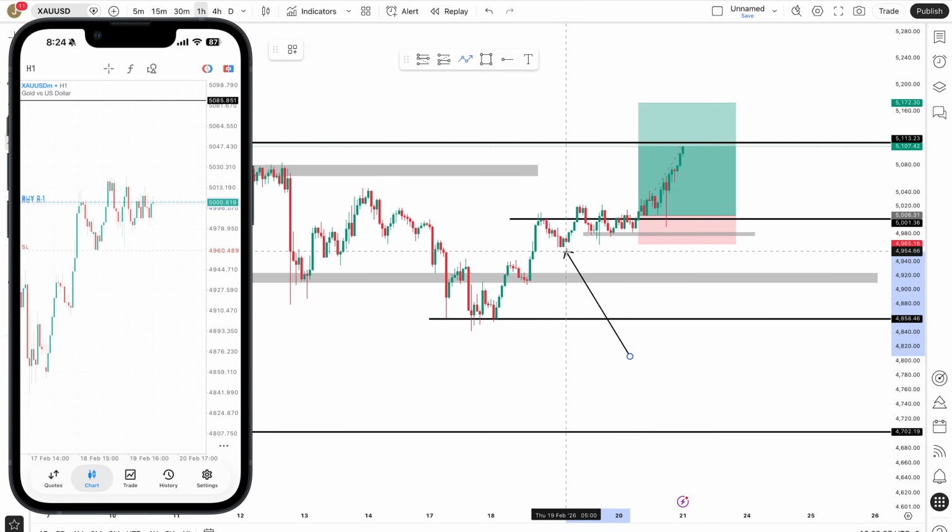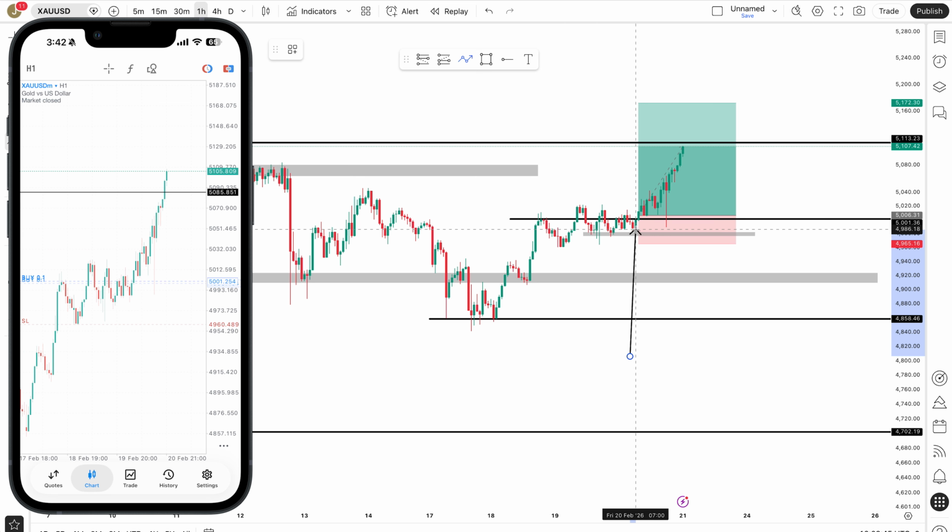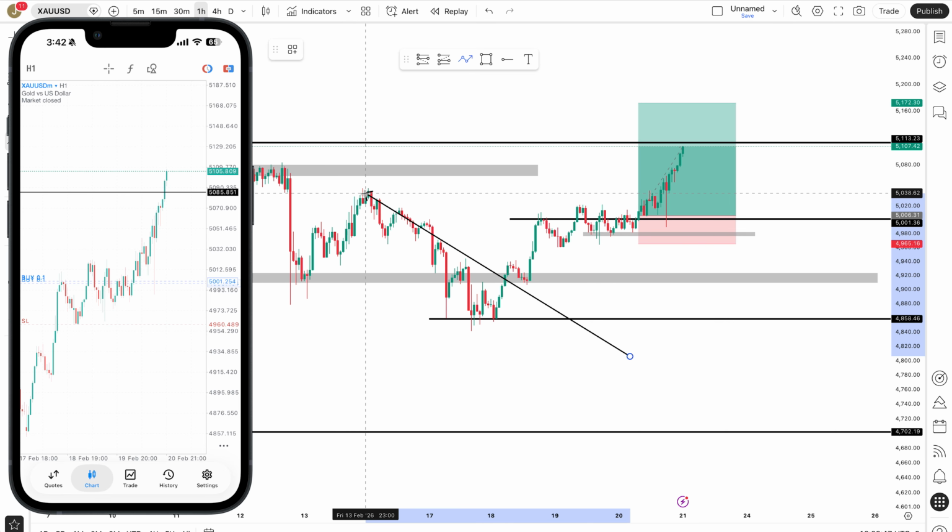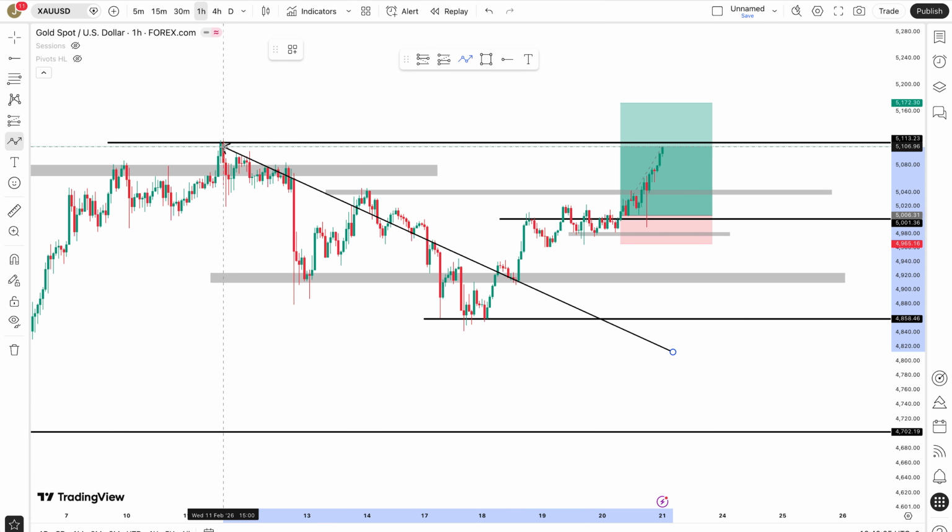My stop loss is down here, but I'm thinking of moving it to this point because this is a respected low, right? But currently my stop loss is down here. And when price got back above this zone, it ended up buying, which then ended up breaking this higher low that we had created previously. So my first target is up here.